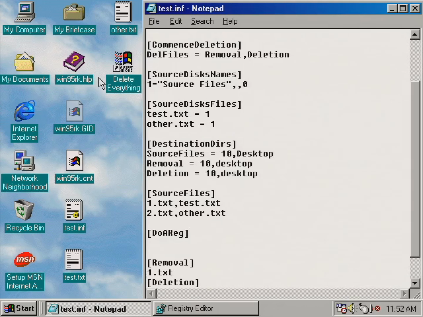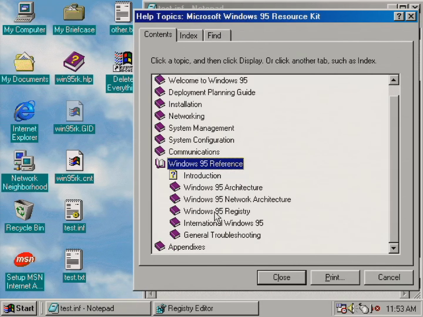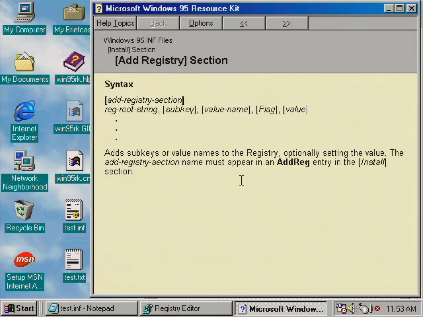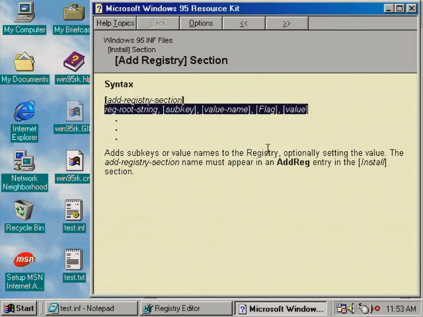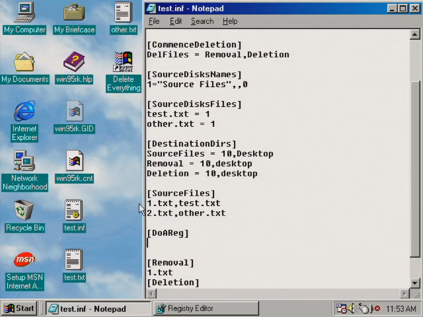and then if we take a look in the Windows 95 resource kit, it's under here. This is the syntax for adding a registry value, or even just a key if that's all you want to do. So I'm just gonna do this on my own, and